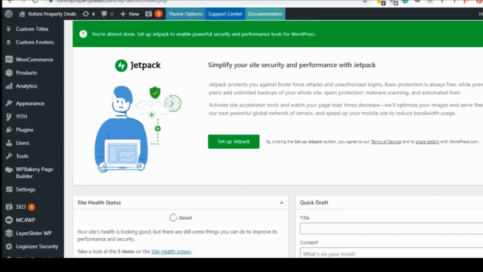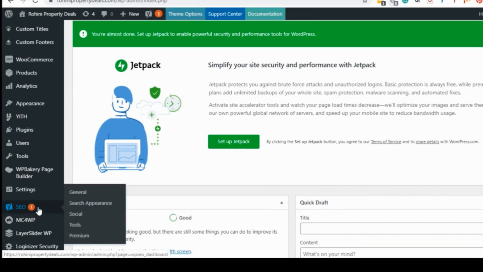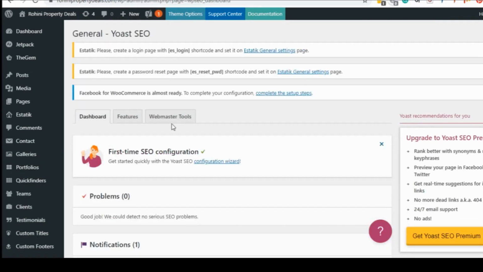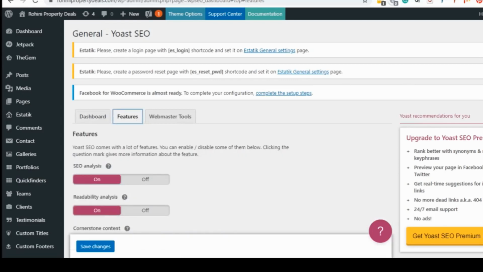For sitemaps, we will use a tool, Yoast SEO. Yoast SEO has already been installed. It is basically an SEO plugin. So we will go to general section. Now click on features.